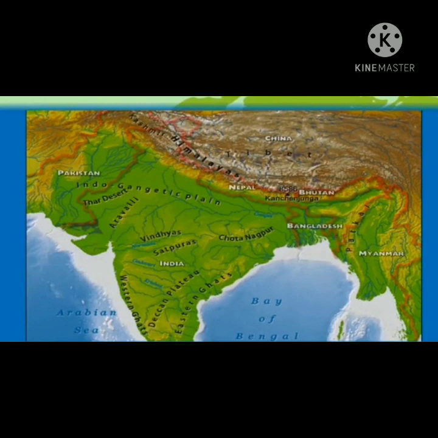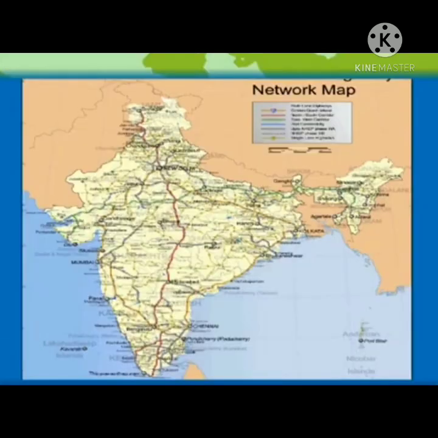Physical maps show natural features of a place such as mountains, hills, rivers, oceans and lakes, as you have seen in the image. Thematic maps. These maps have a specific theme or subject. For example, the average rainfall distribution in an area, the distribution of vegetation and wildlife throughout a country, etc. But they do not show the natural features.